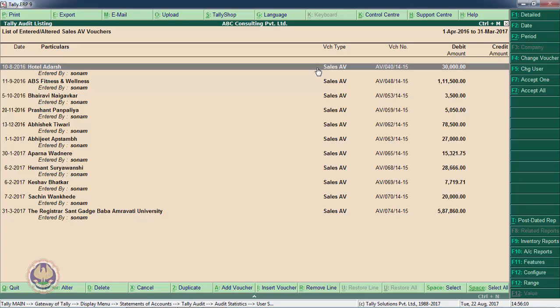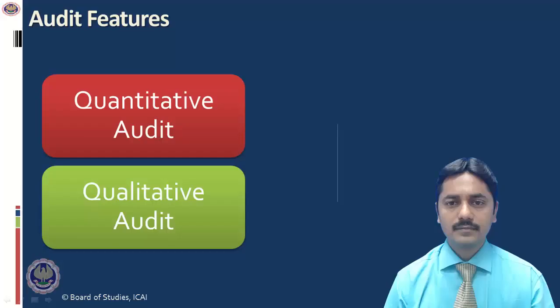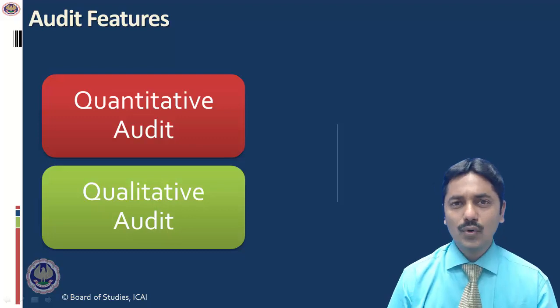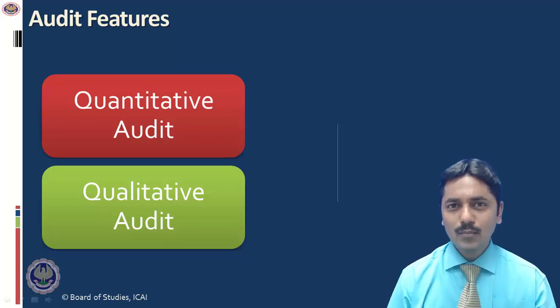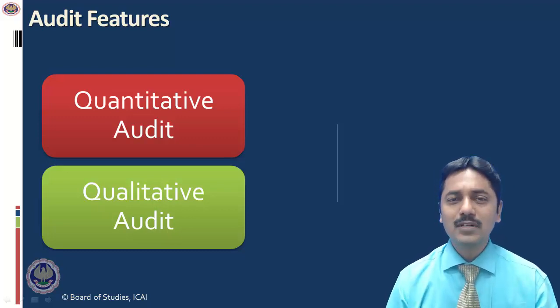The second feature, that is the detailed audit feature, advanced audit features, or I am calling it the qualitative aspect of audit. In this feature, you can put remarks also along with your audit tick. So let us discuss this particular feature now. Friends, we need to understand the difference between the quantitative aspect and the qualitative aspect of audit. In case of the quantitative aspect, we focus more on numbers, and in case of the qualitative aspect, we focus more on something that is not related to numbers.